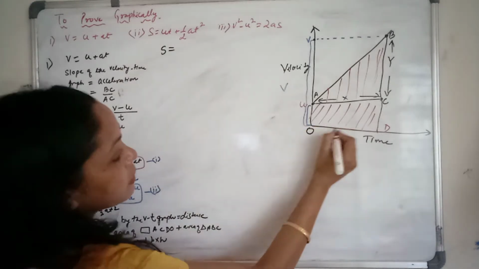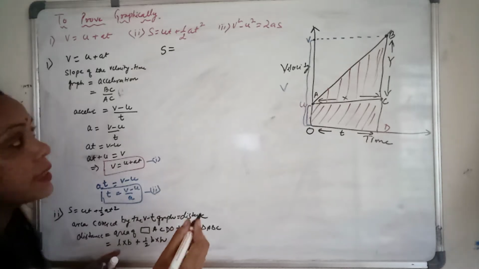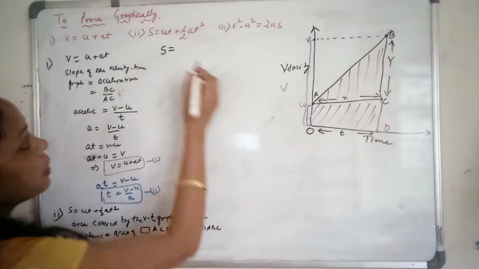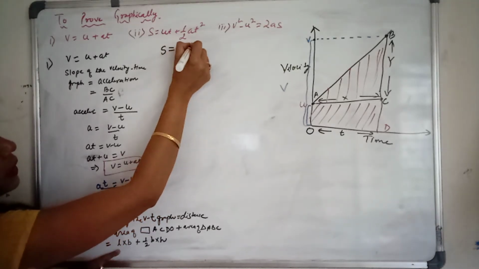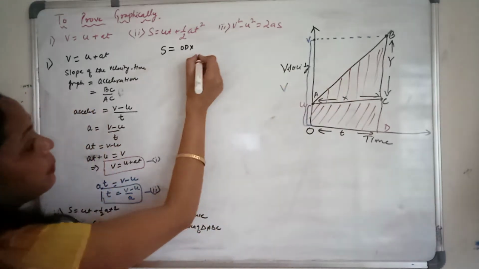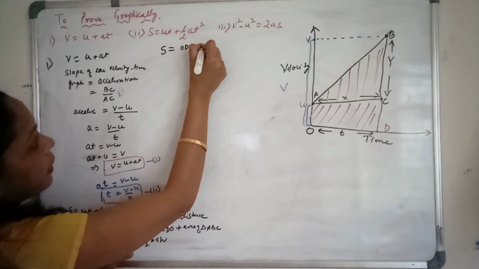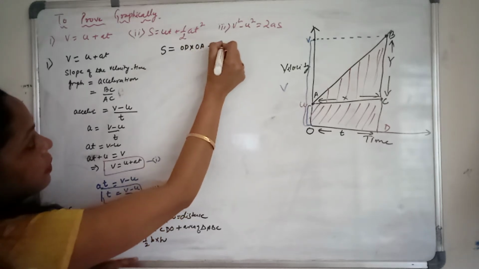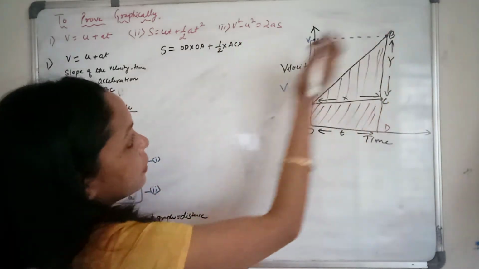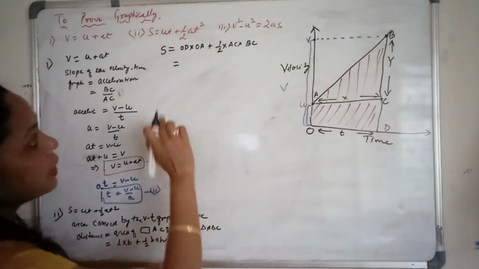What is the length of this one? Make it this one as a T, because this is the time representation. X-axis represents the time and length is what? Length is your OD. Okay, first we'll write this one. Length is your OD. Breadth is this one. Breadth will be your, you can write breadth this one or this one, OA, plus half base. Base will be your AC and height will be your BC. Very easy. Just you have to find this thing from the figure only.